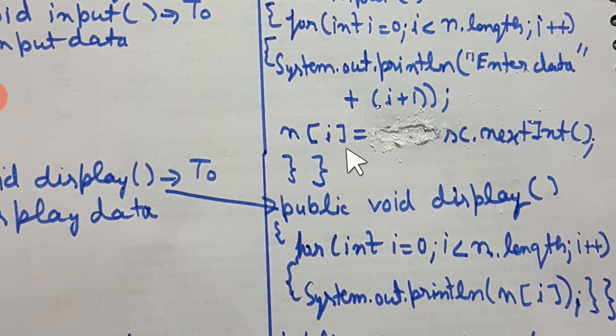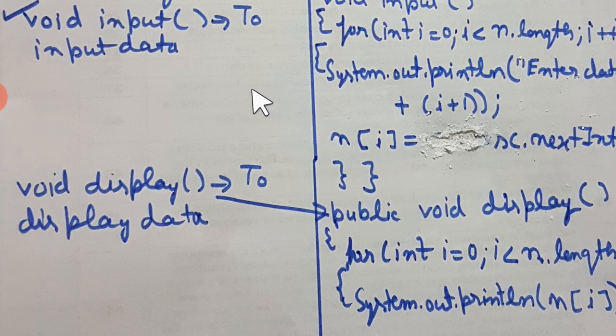All right. So this way, all the inputs, the values for different indexes, are going to be entered. I hope everybody has a clear idea now of the input operation. So after inputting the data, now we go for displaying the data. So void display is the function. I have just copied here the same thing. You can write public void display or just void display, it's fine, not a problem.